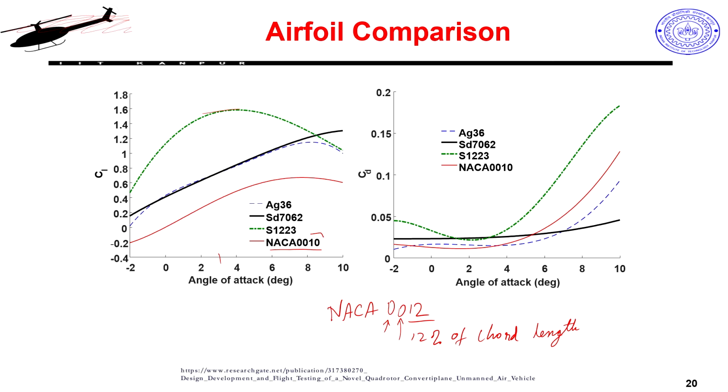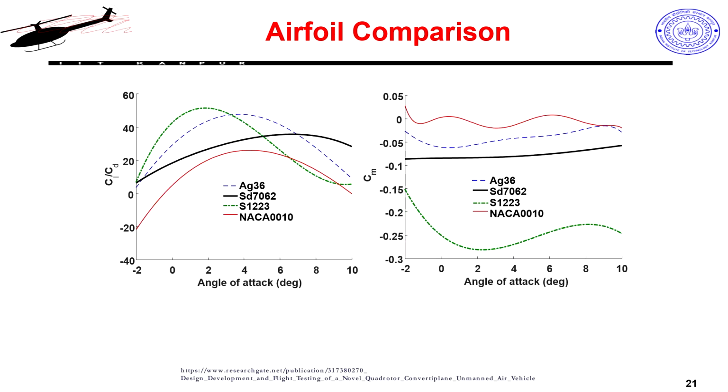But just looking at lift is not good enough, I need to see what my drag is. I see that the green line seems to have consistently higher drag, my CD is high everywhere. While the blue line has lower drag, the red line has lower drag in some places. Red is my symmetric airfoil. So, this is confusing, right? I cannot say for sure which is better. So, what should I do? I should look at L by D versus alpha.